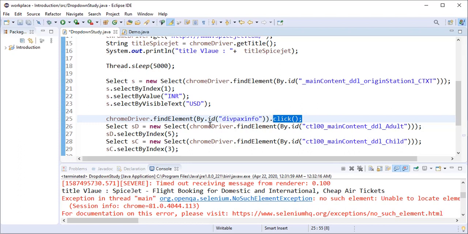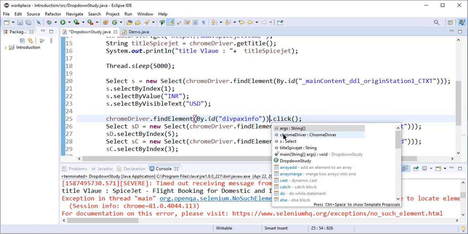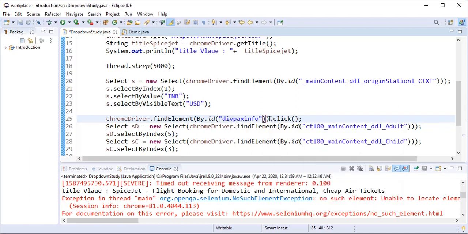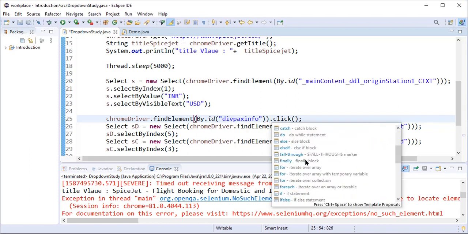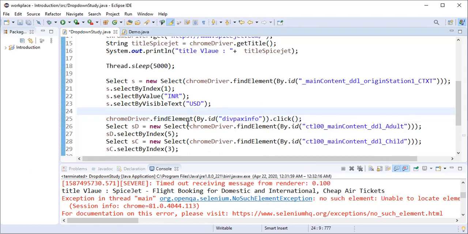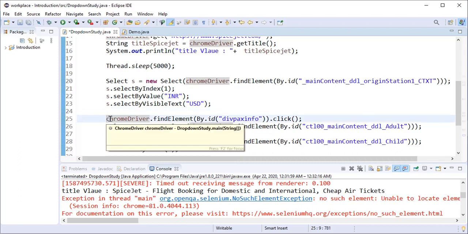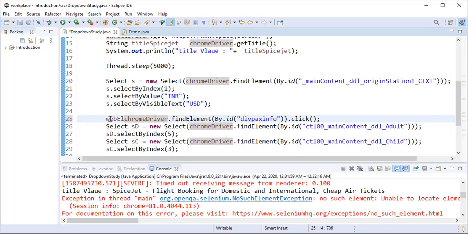Okay, so what different types of methods is the find element supporting? Okay, so this web element will support all this click and all these elements. Suppose we can see, I have assigned the web element e equal to this one.